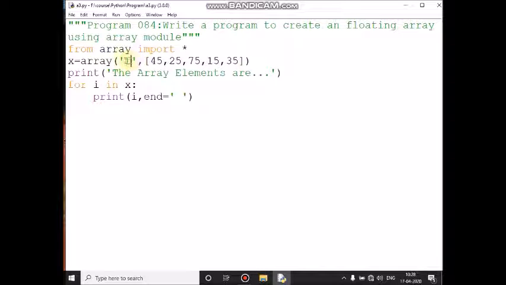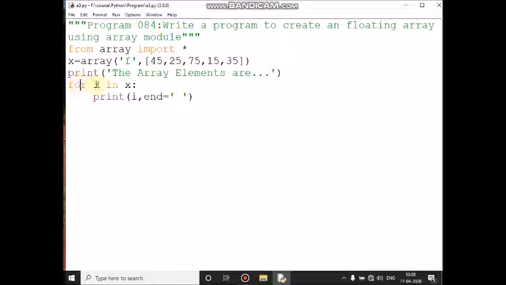Okay, fine. We will see. It is going to the next line, the cursor will go to the next line. Print this message: array elements are. After printing this message, control comes to the next line.